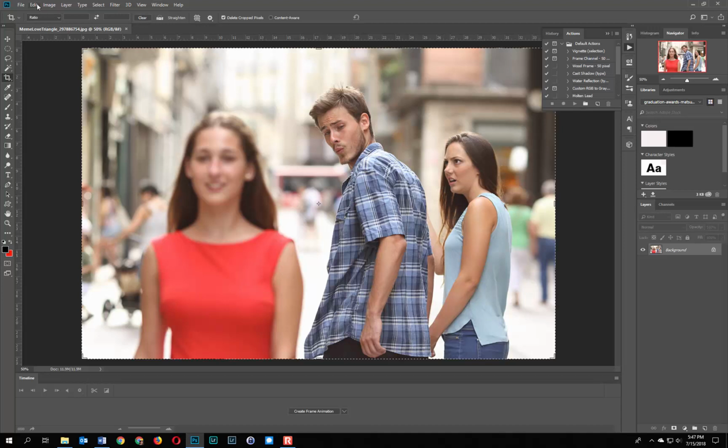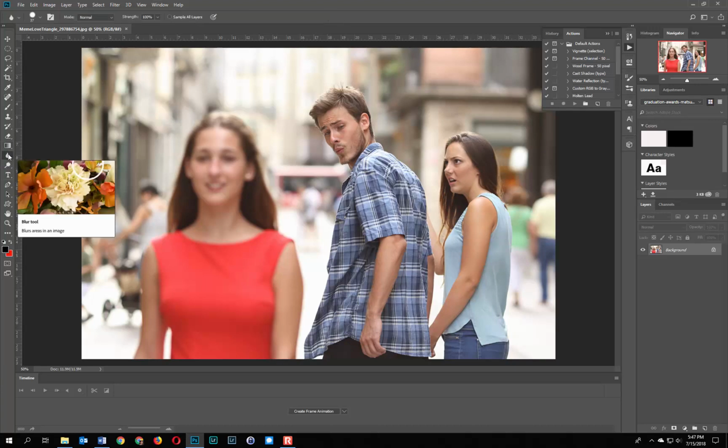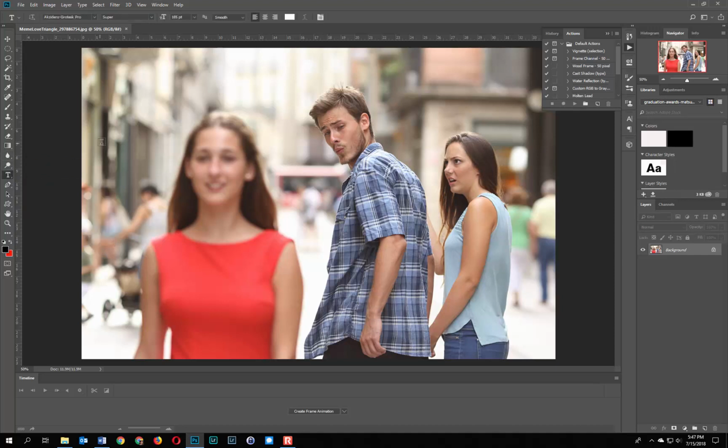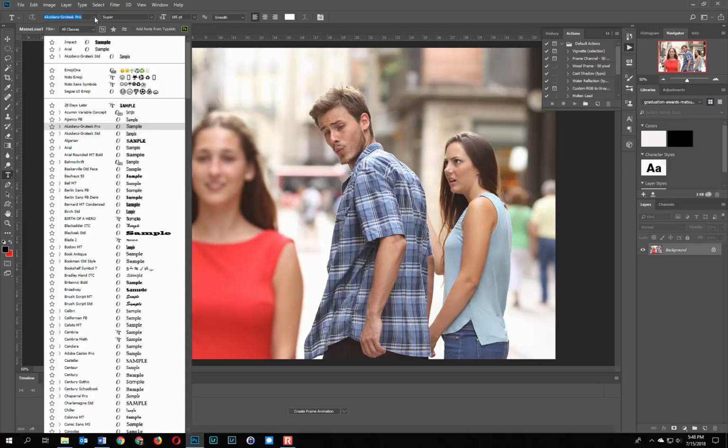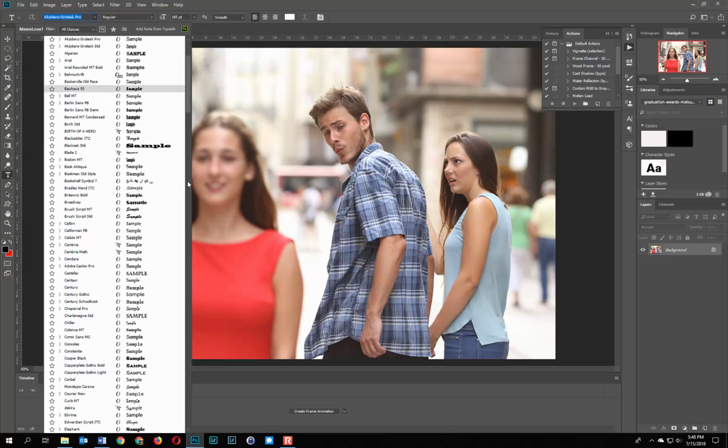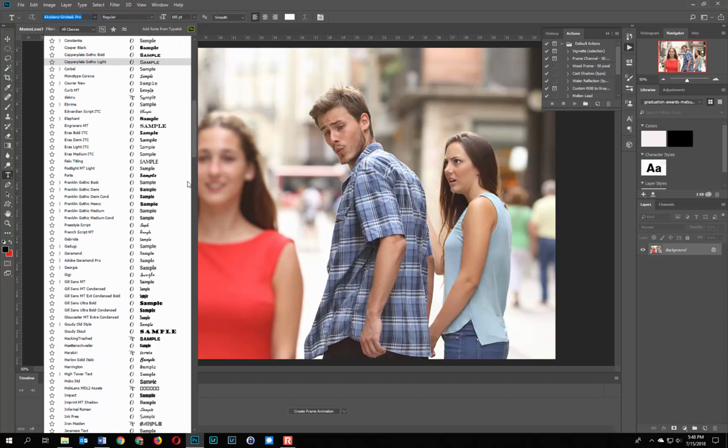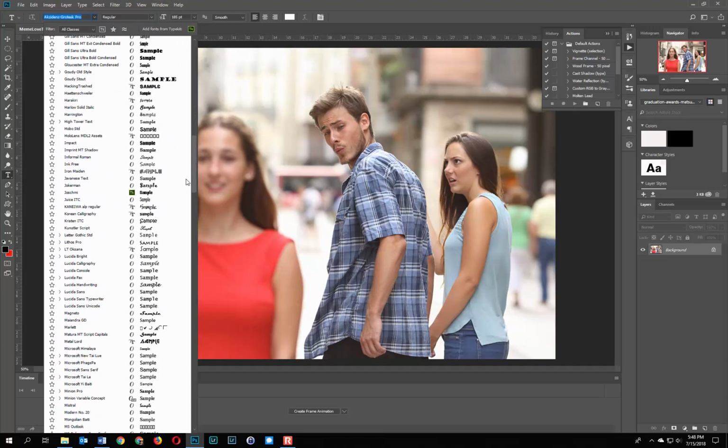Once I have this opened up, you'll see on the left hand side there are a number of tools that I have, and based on what you select, the bar at the top will change to match the tool selection. So I'm going to choose my text tool, and here I'm going to stick with the traditional font for memes. So I'll go down to Impact,